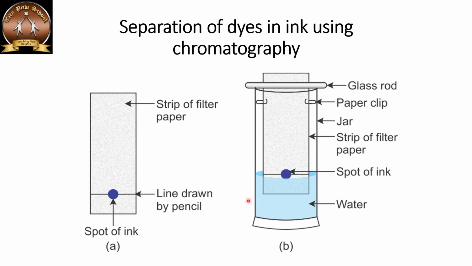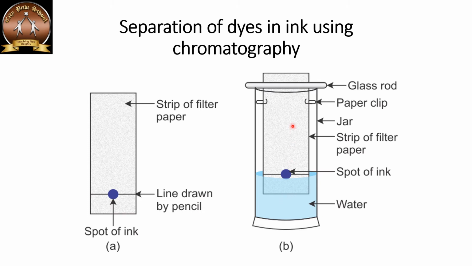It depends upon the solubility of this mixture. Sometimes you would find it is a combination of water and alcohol, water and hexane, and sometimes it is acetone and water also. So the solvent will change depending upon the solubility of this mixture. Now you have to fill this glass jar with 5 to 10 ml of this required solvent.